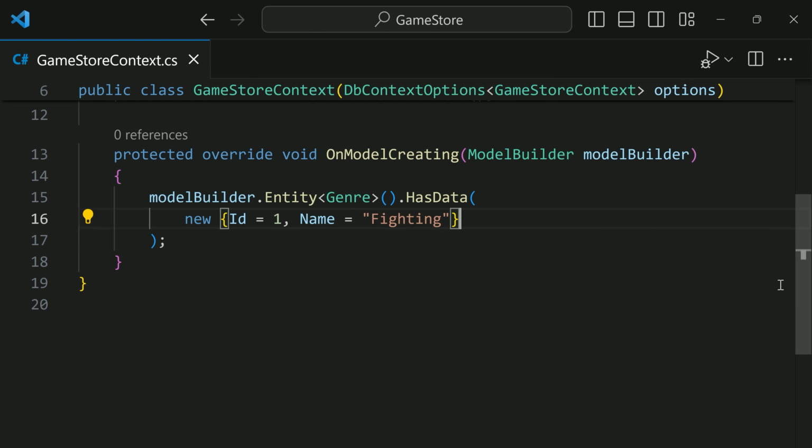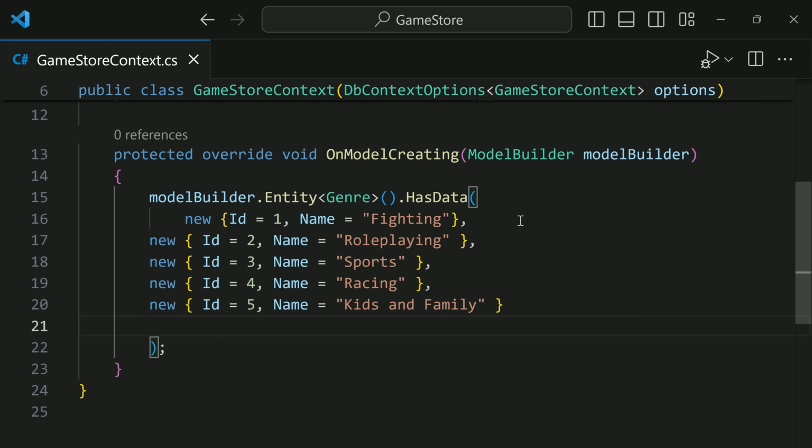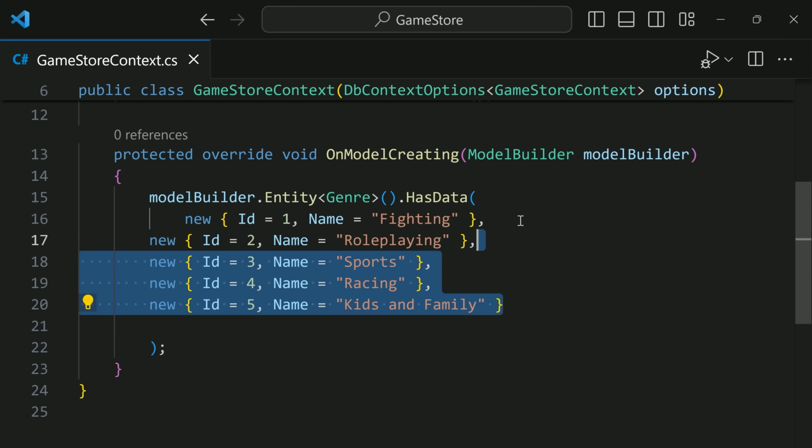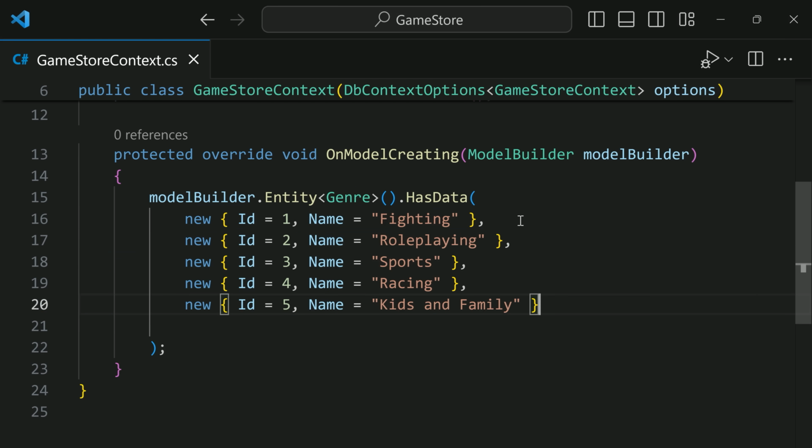And let's go ahead and spin up a few more categories. I'm not going to just type all of them. Let me grab them from my other screen here. Now we have 5 categories that we can work with, right? So Fighting, Role-Playing, Sports, Racing, Kids and Family. And feel free to use fewer or more of these as you want. But yeah, just by having this code here,